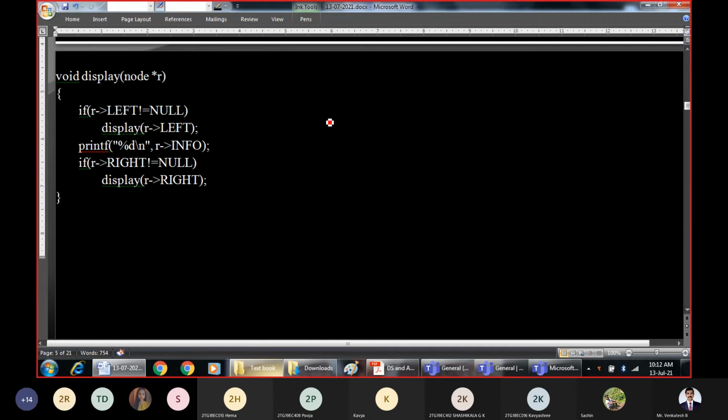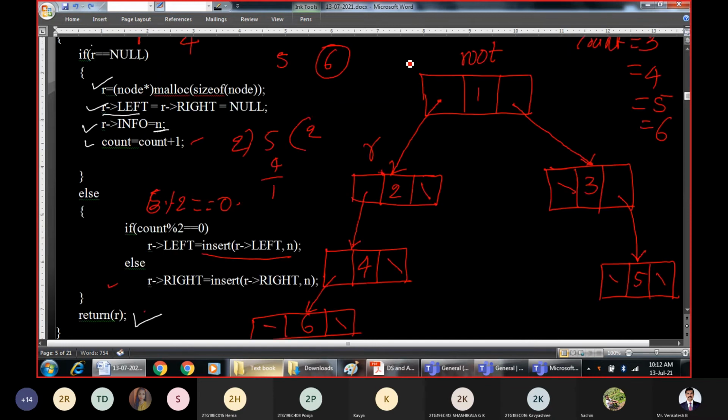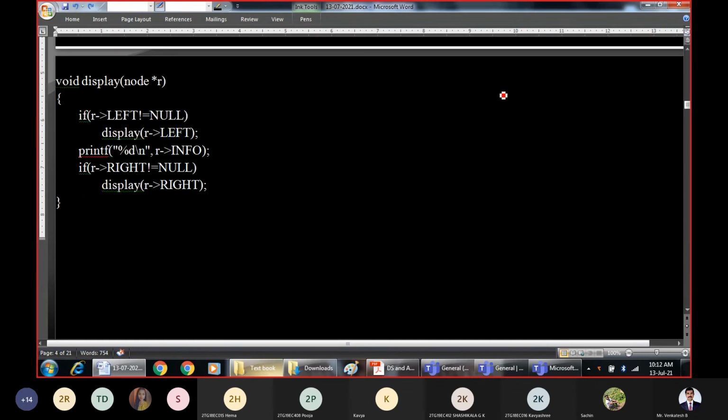So how the elements are displayed. Again, the display function is a recursive function. So for a single iteration, you may not follow the recursive definition. So please, you should practice the tracing part for the recursive definition. So this is the root element which has left subtree and right subtree.